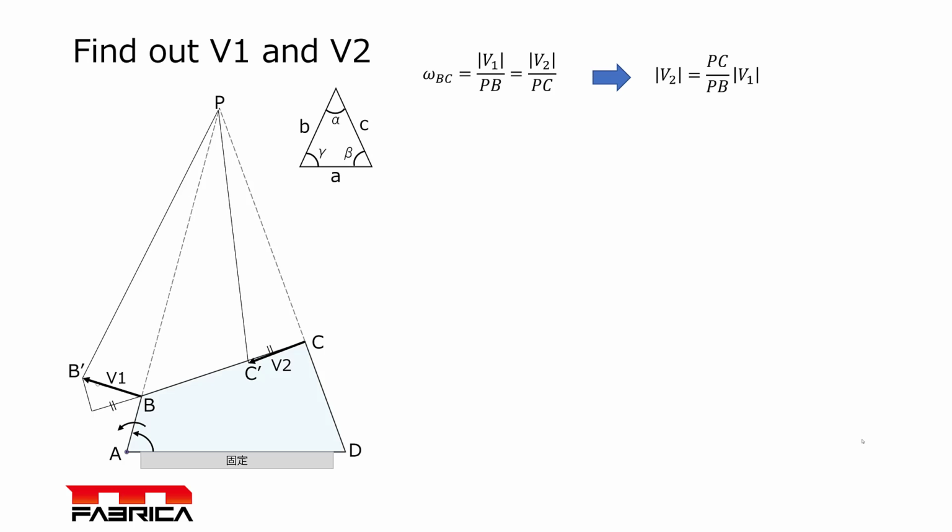So we know that V2 equals PC over PB times V1. Also from this little triangle, the relationships between the edge lengths and 3 angles will be like this, which is